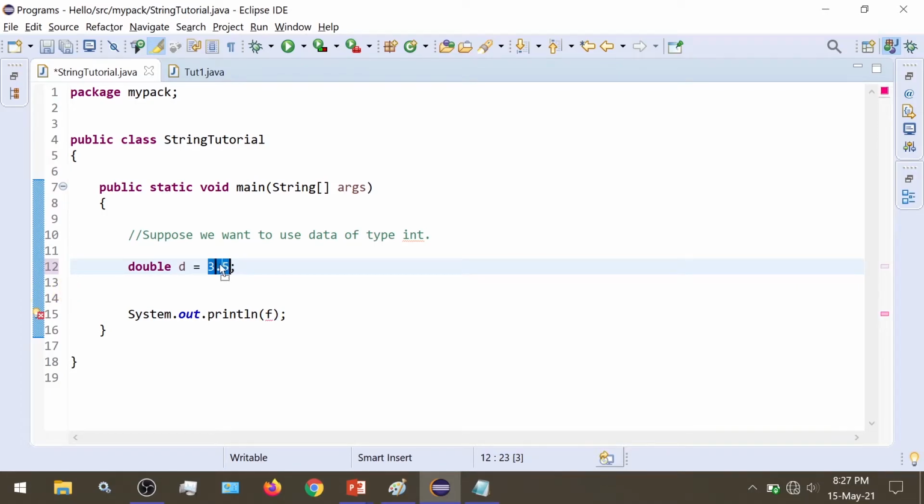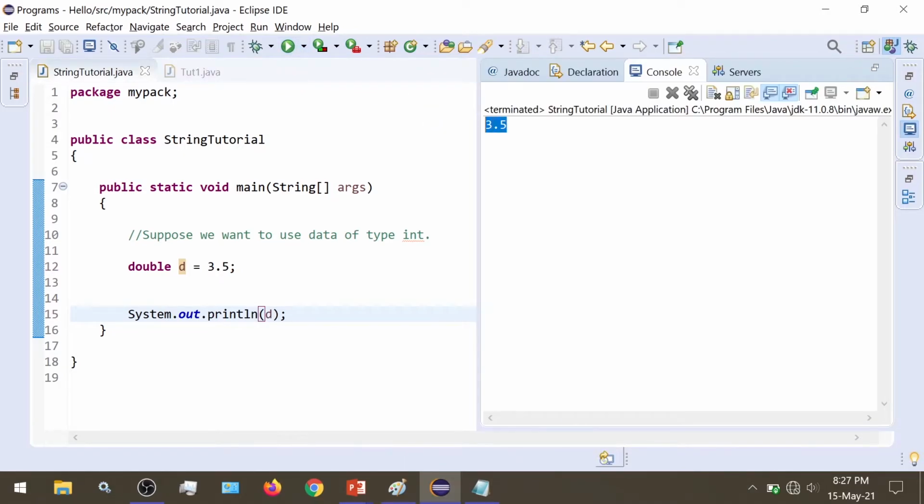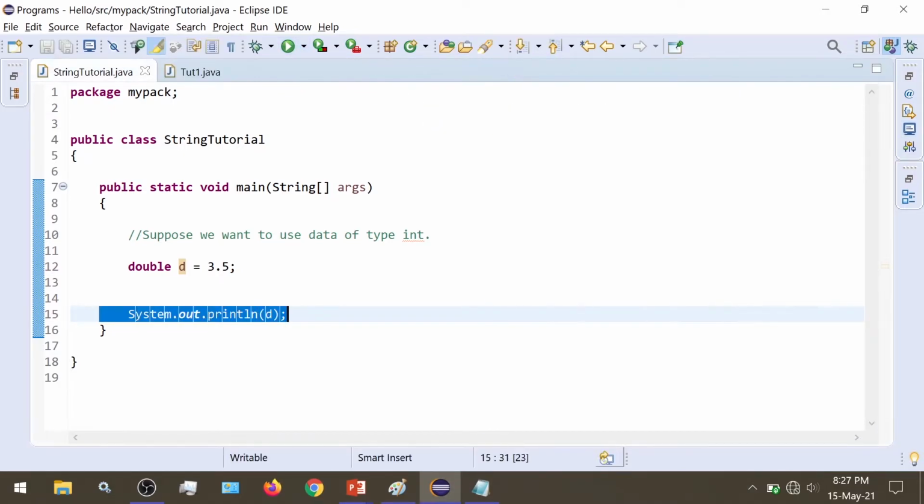It assigns the value 3.5 to the variable D of type double. When we try to use this variable, we get our output as 3.5. Here we are trying to print and it prints correctly.